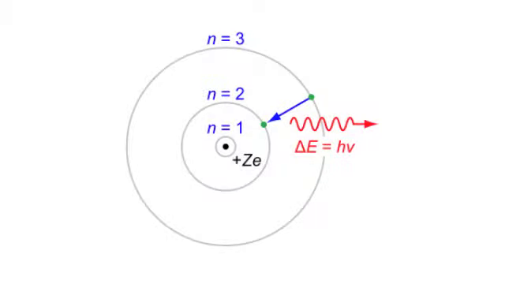In 1913, one of Rutherford's students, Niels Bohr, came up with the Bohr model of the atom. And this had electrons in shells, and these shells were quantized. They were of definite energy levels, and the idea was that the electrons could jump between shells and absorb and emit energies which were equal to the energy differences between the shells.